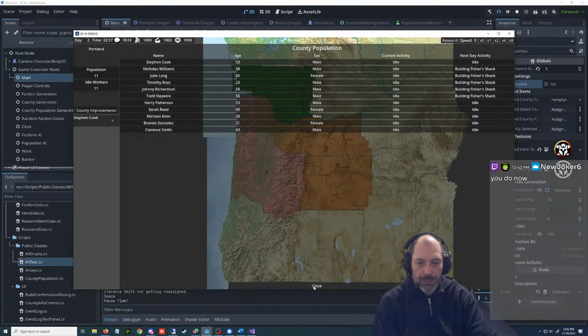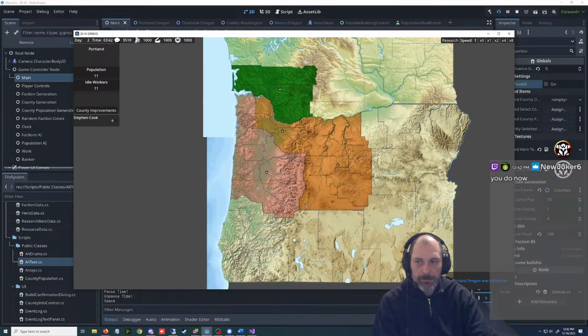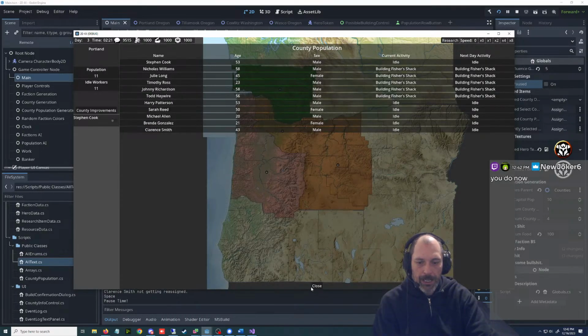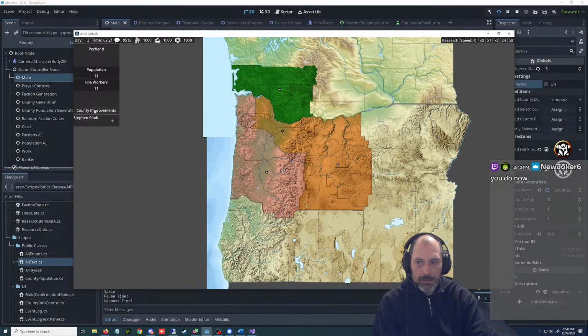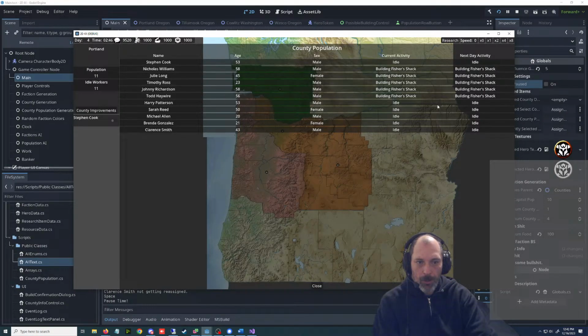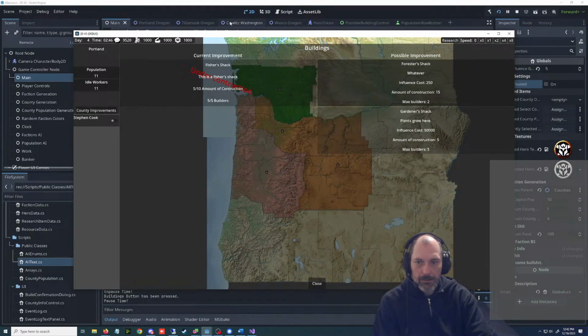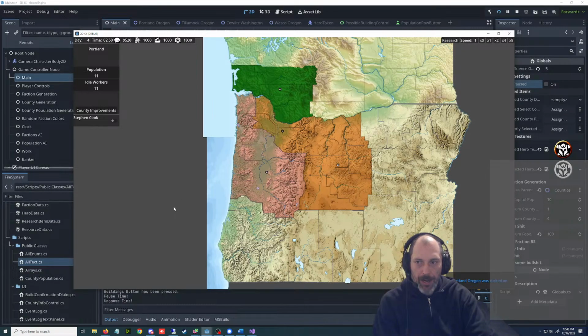All right, we got the Fisher Shack going for the next day. The next day has happened. The Fisher Shacks are going. They haven't got done any improvements because today is their work day. They have finished one day of work. We might have to program this thing in right now.